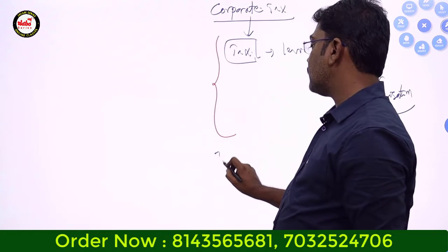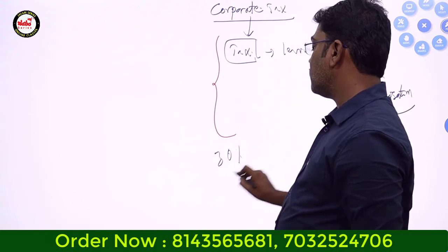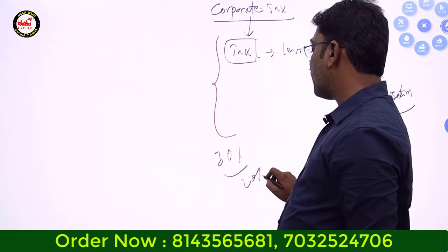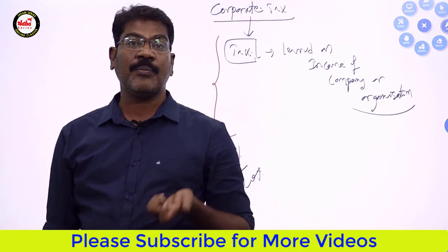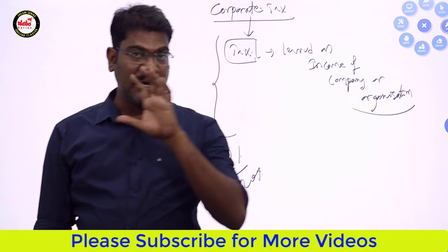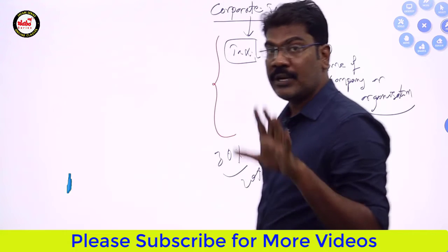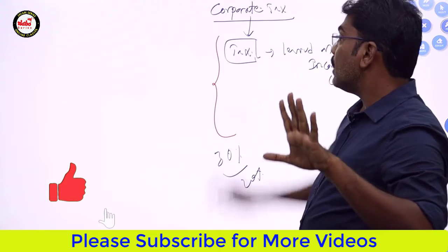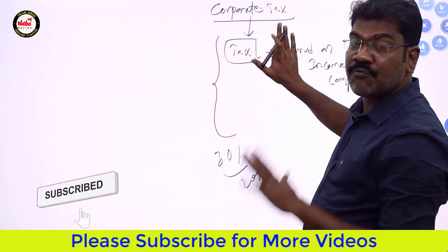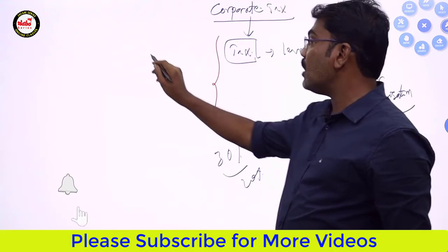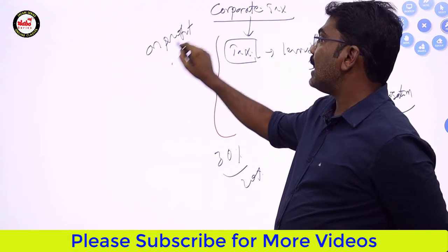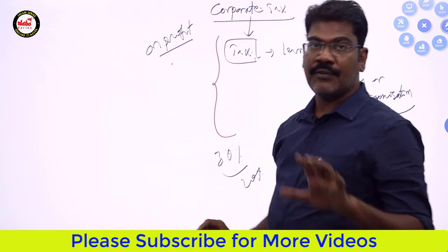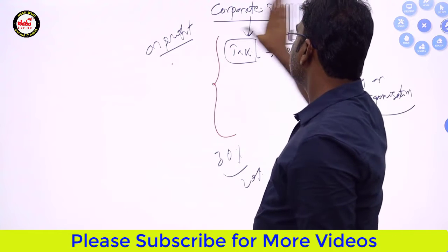What is the taxation? It's 30%, 20%, 10%, based on how much money the company is getting. Are you clear? This is the most important point. You please remember. This is the tax which is paid by the company on profits. When they get losses, they need not pay any kind of taxation here. Are you clear? So the third one is